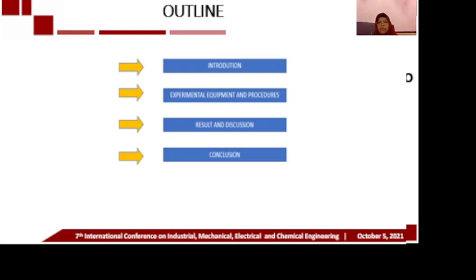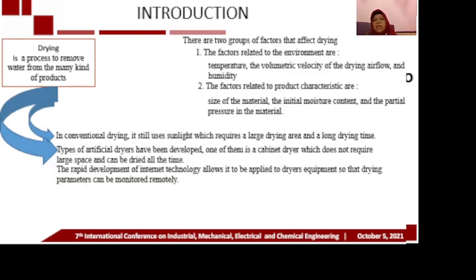The presentation is divided into 4 parts: introduction, experimental equipment and procedure, result and discussion, and conclusion. The introduction. Drying is a process to remove water from many kinds of products. There are 2 groups of factors that affect drying. The first, the factors related to the environment, are temperature, the volumetric velocity of the drying airflow, and humidity. The second, the factors related to product characteristics, are size of the material, the initial moisture content, and the partial